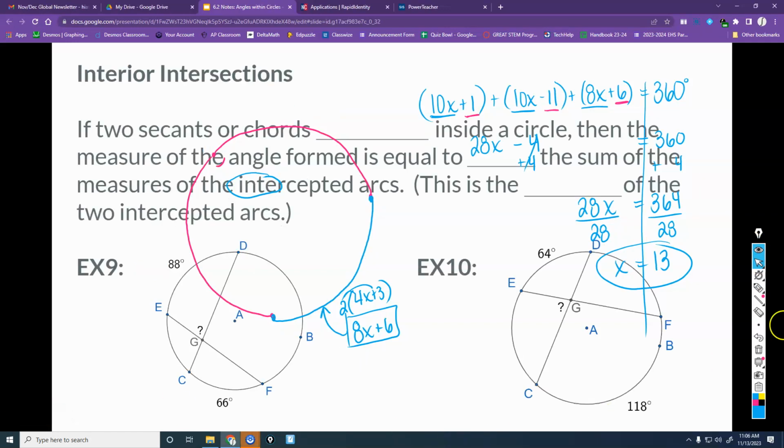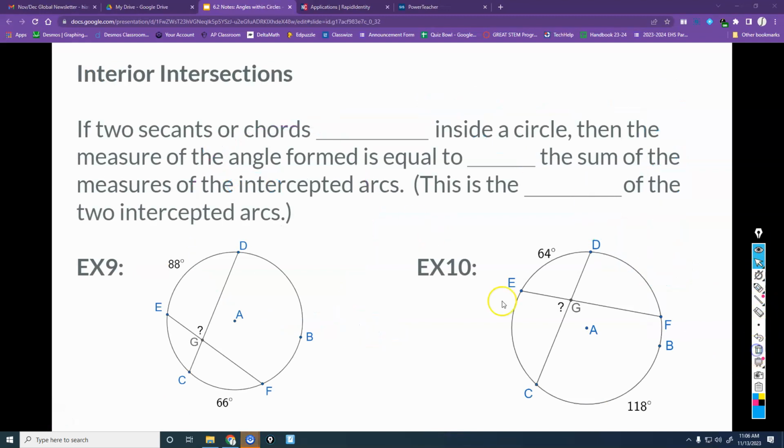Okay, I said there's tons of rules here. So let's look at a different kind of rule. Another rule that you have, those first two that we looked at are the main two you need to know. If you don't know anything else, you need to know how to deal with central angles and inscribed angles. This other stuff you're not going to see as much as that first stuff. So if two secants or chords, the blank right here should say intersect